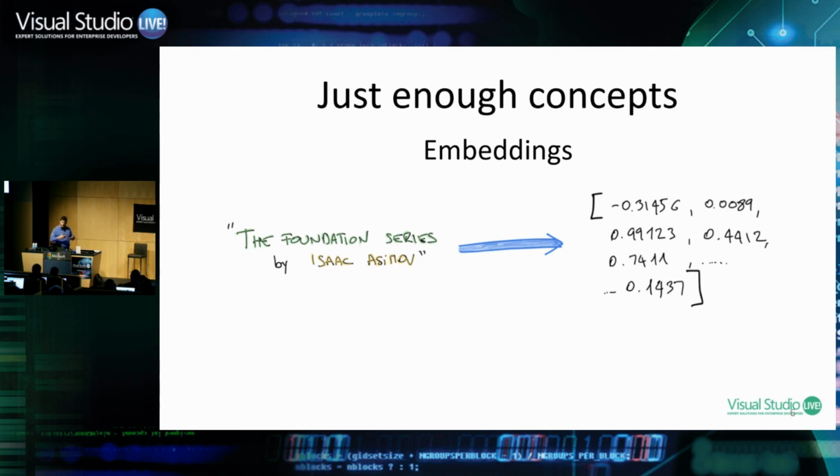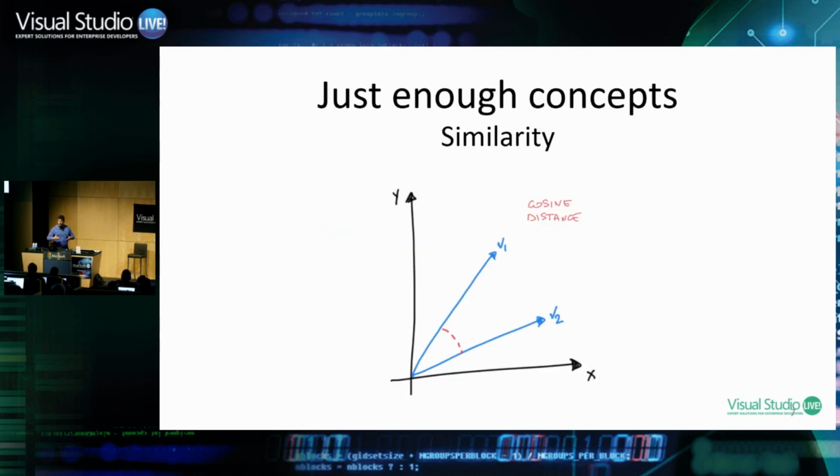There are also models that you can run on your machine, open source models, but in general, the first step is that you need an embedding model to turn your text or your content, your payload, into a vector. Now, once you have a vector, you want to calculate the distance. To calculate the distance, there are many ways. The most common is what is called the cosine distance, which calculates the angle between 2 points